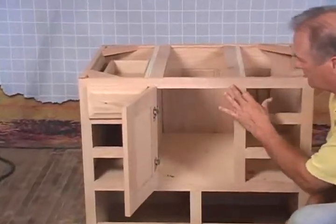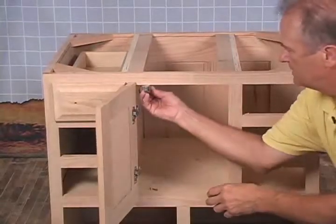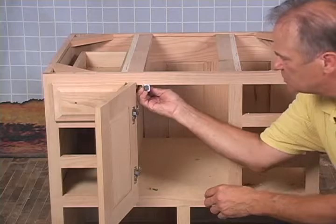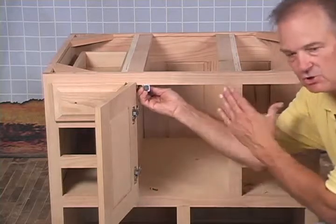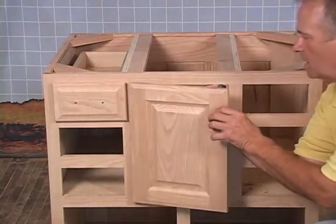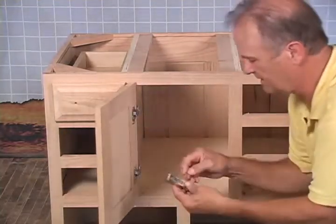You've seen doors. They used to put the old-fashioned bumpers on here to silence them, and it's annoying. These things are nice. We're going to put that in your door. The closer you put this to the hinge side, the faster your door is going to close. If you put it out here, it will take forever for that door to close. But I always like to put it about 1 inch or 1.5 inches away from the edge, from the hinge